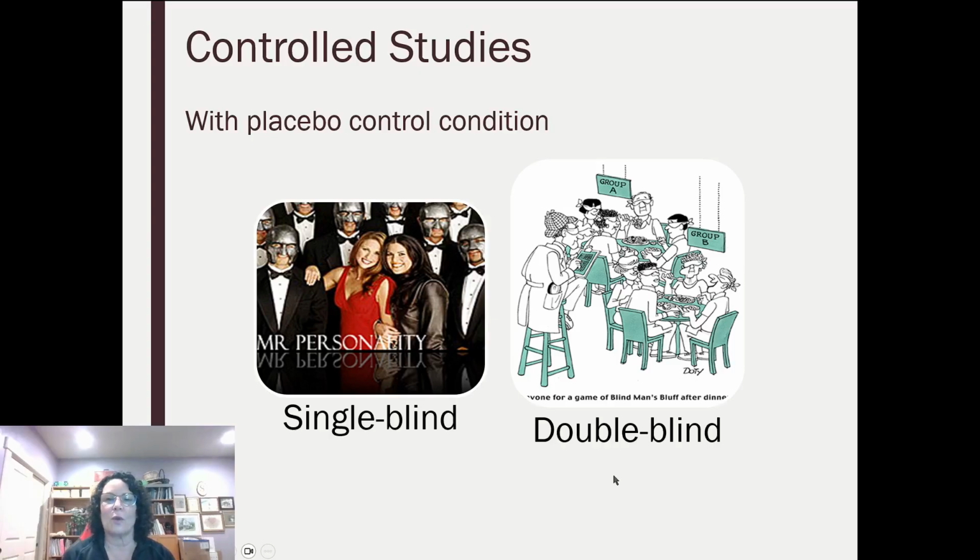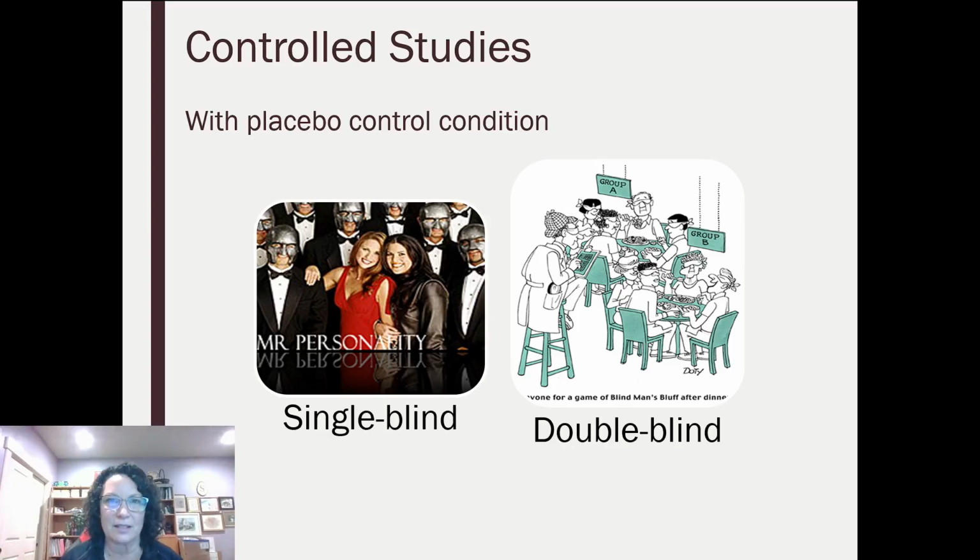Double-blind studies are when neither the participant nor the researcher who comes in contact with the participant know what condition the participant's in. So here we have a bunch of people with blindfolds on, and some are under the sign that says Group A, and some are under the sign that says Group B. And somebody says, "Who's up for a game of blind man's bluff after dinner?" In a double-blind study,